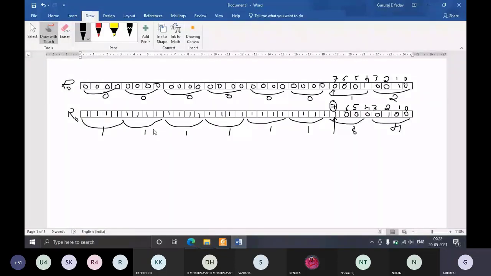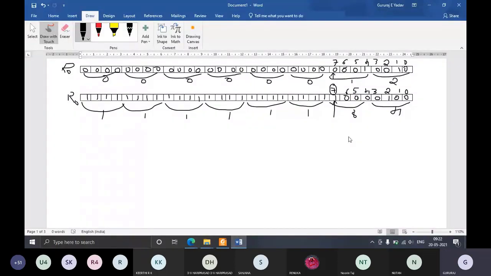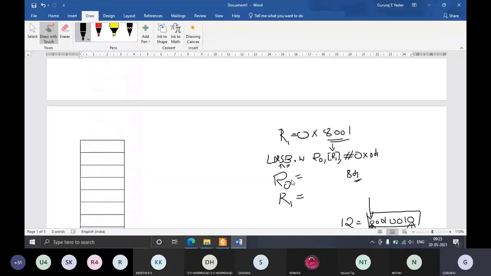So 84 is copied to the last 8 bits, and the remaining 24 bits will be all 1s. That is the content of R0. So it will be 0x followed by 1, 1, 1, 1, 1, 1 and then 84.